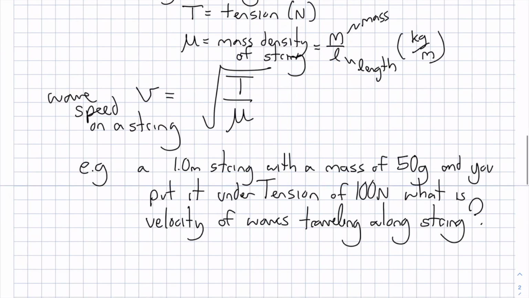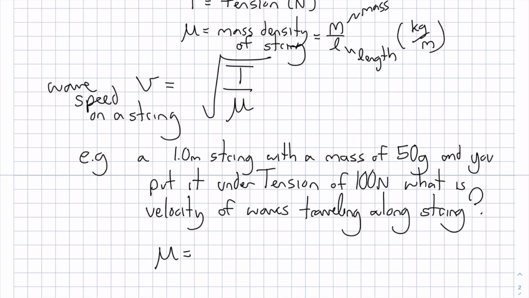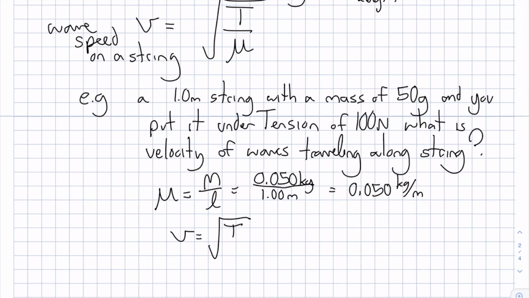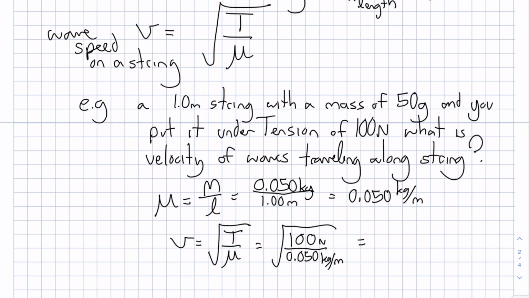If we quickly do this, the unit mass density is m divided by the length of the string. So in this case, 50 grams is 0.050 kilograms over 1 meter. So that's going to be 0.050 kilograms per meter. And v is tension divided by that, and taking the square root. So this is going to be the square root of 100 newtons divided by 0.050 kilograms per meter. And if you calculate that out, you're going to get a wave speed of